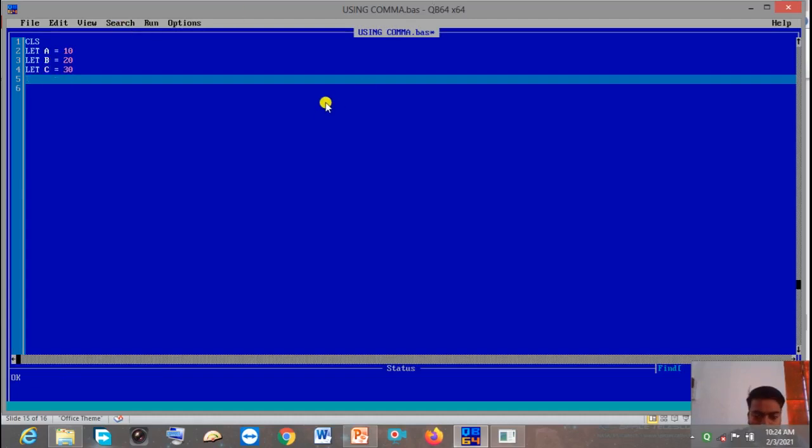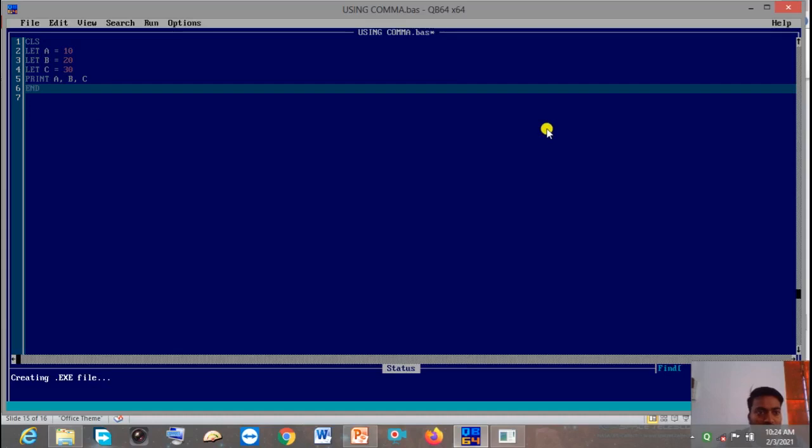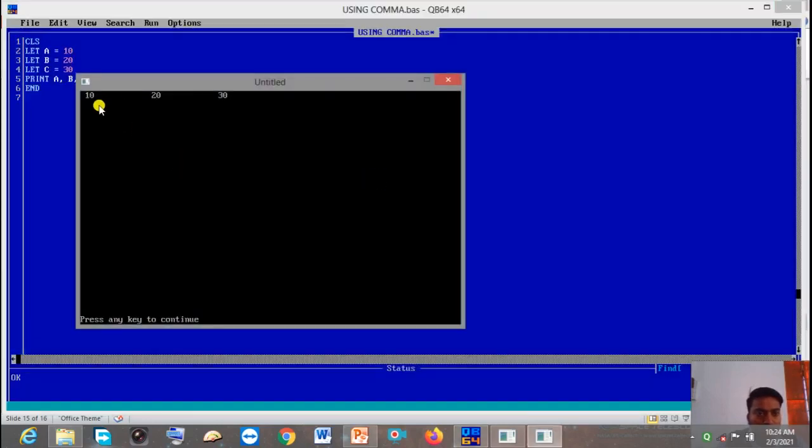Now you have to use the print statement, print a comma b comma c. Finally end. Now I'm going to execute this program. You see the result. Now you can see 10, then space, 20, then space, 30.